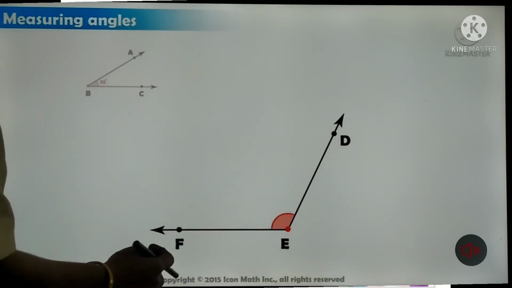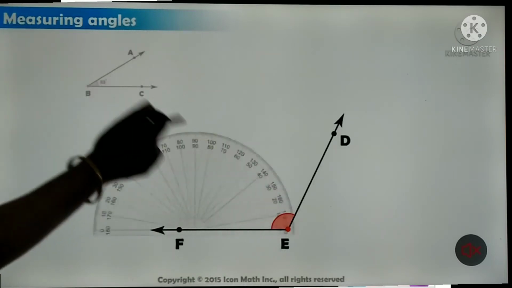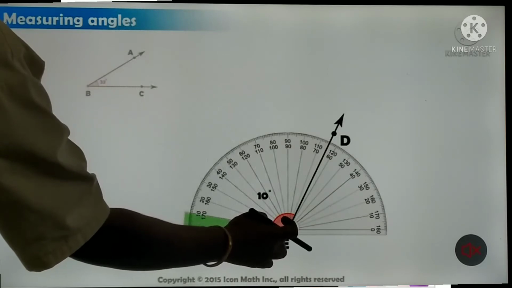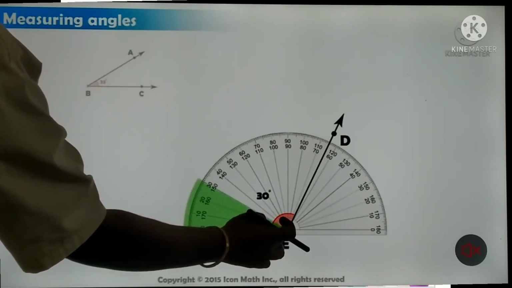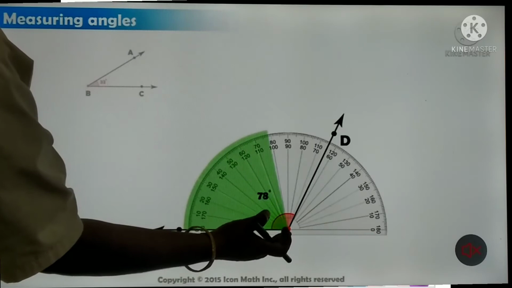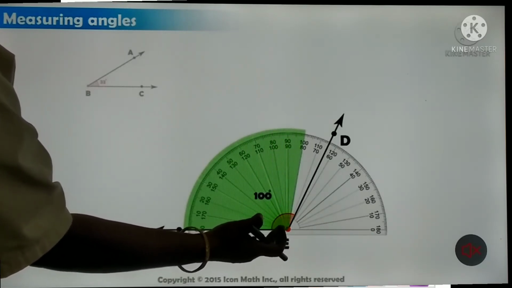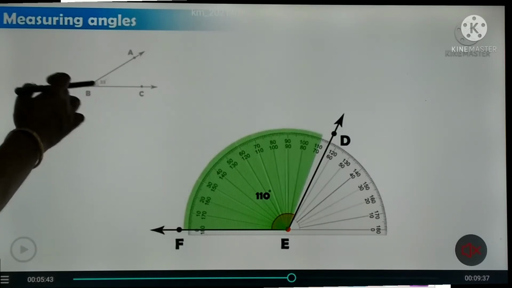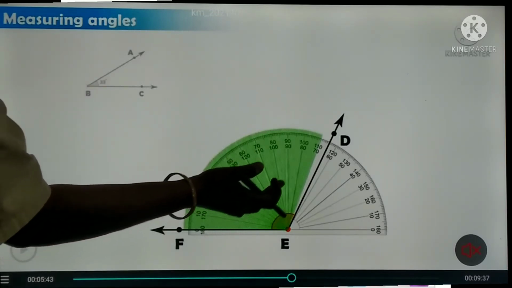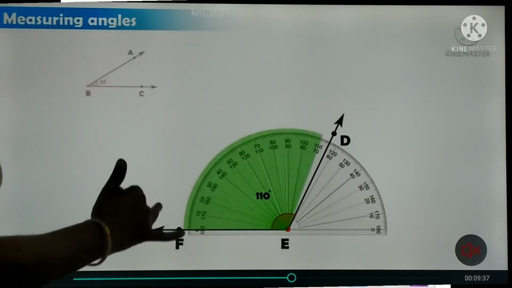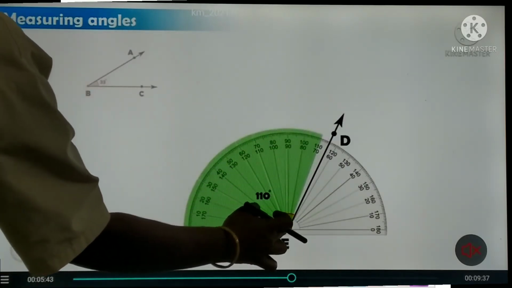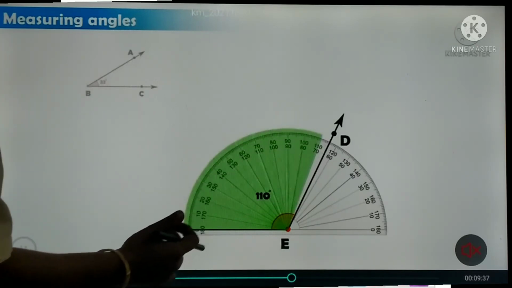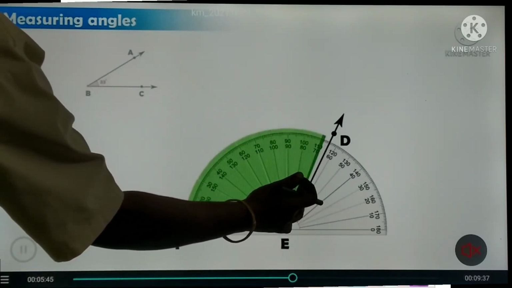What is the measure of this angle DEF? Yes. Keep this protractor here. Yes, this is the vertex. So keep this protractor here and measure. We know this is obtuse angle greater than 90 degree. So if the vertex is at left hand side, measure the angles in anti-clockwise direction, and if the vertex is at right hand side, measure the angles in clockwise direction. That is, here the measurement it is